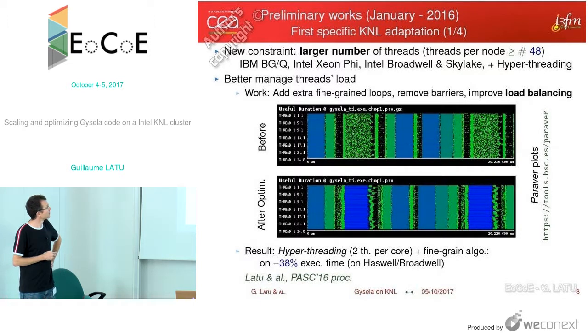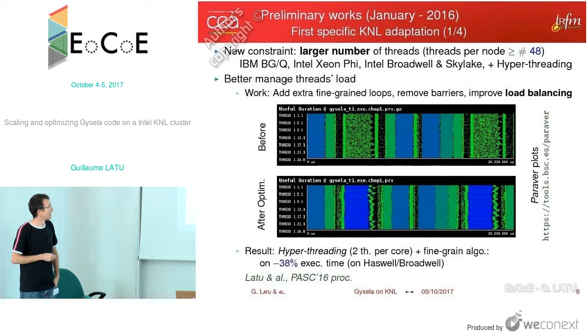So before, you have here the thread number in ordinate and the timeline as abscissa. And you see here in this zone many black pixels. So it means that the cores are idle there. And after improving the load balancing and trying to merge OpenMP zones together, not all, but a bit of OpenMP zones together, we achieve that there is no more idle cores in this zone. So it's the main, costly part of the advection, the 2D advection part.